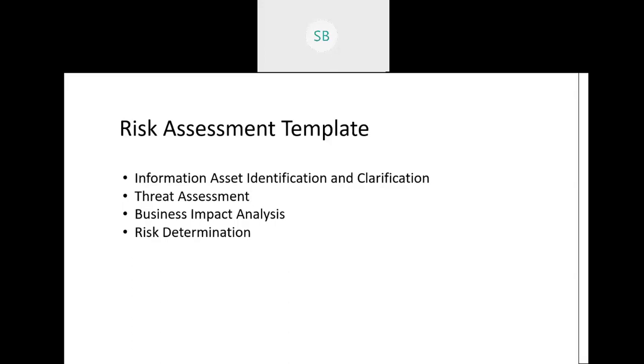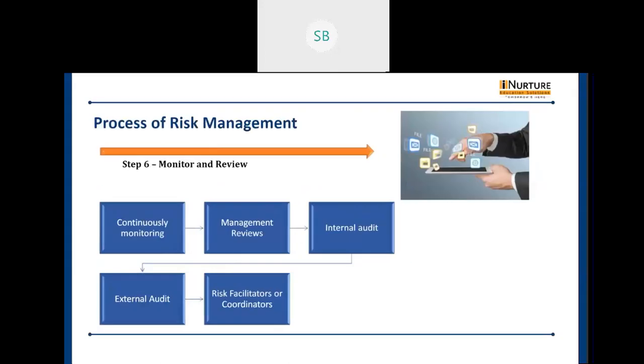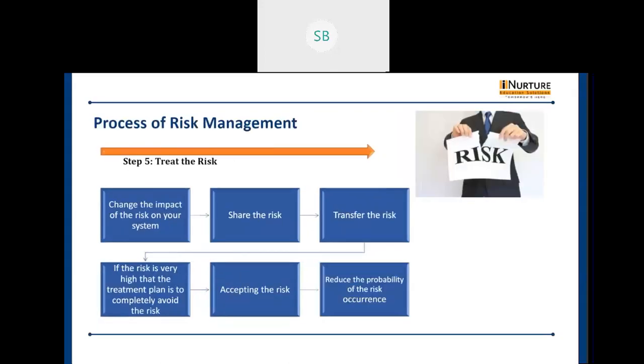So next we move to the fifth step, that is treat the risk. Once we have evaluated the risk, now we can go for treating the risk. We now know how the risk can impact the system, how critical the risk is to our system, whether we can now accept it. So based upon that, we can think of totally avoiding the risk, or taking the risk and changing the risk into an opportunity. We should now think about it.